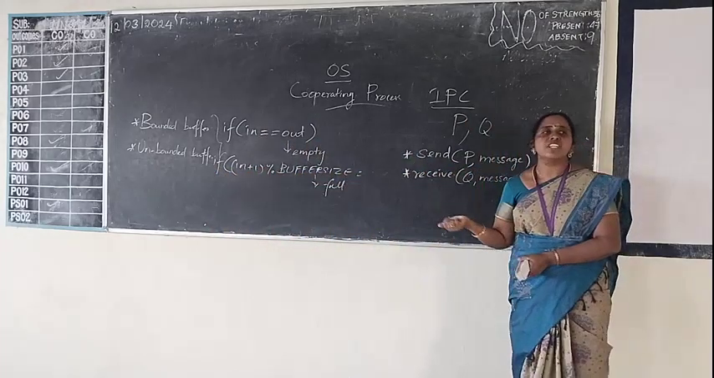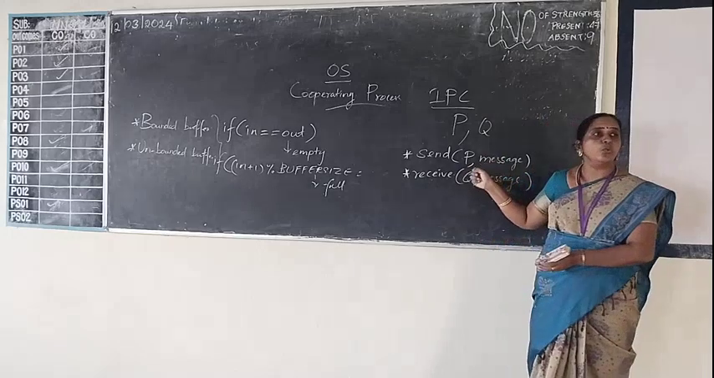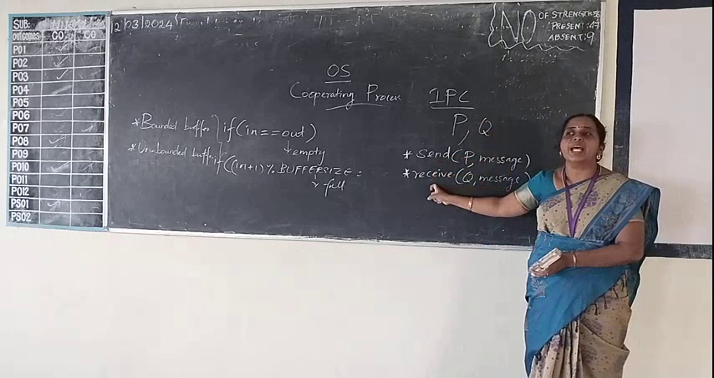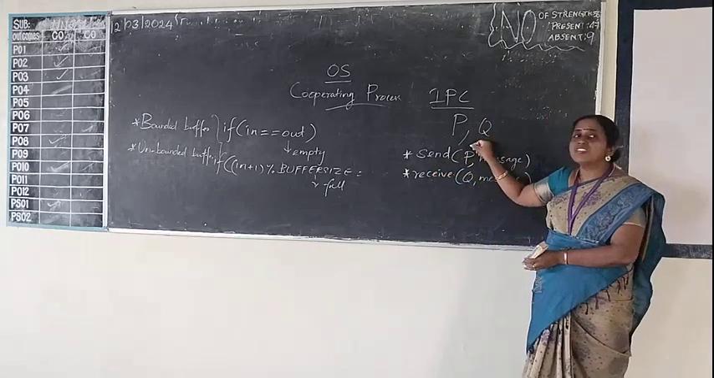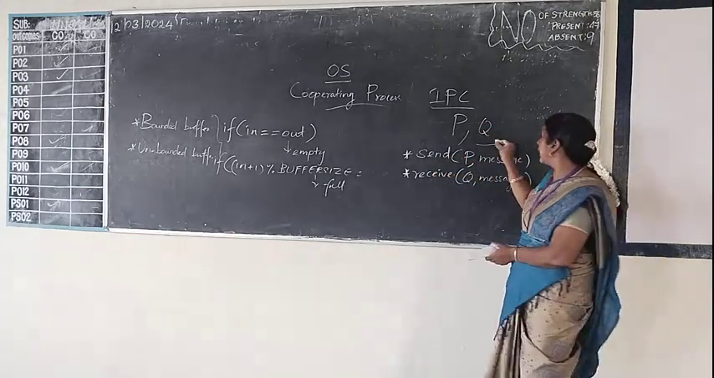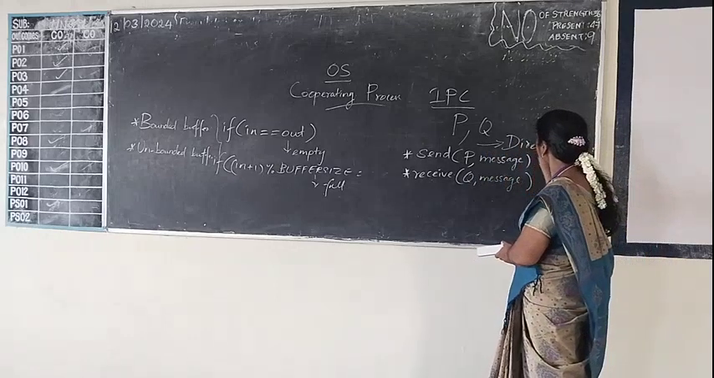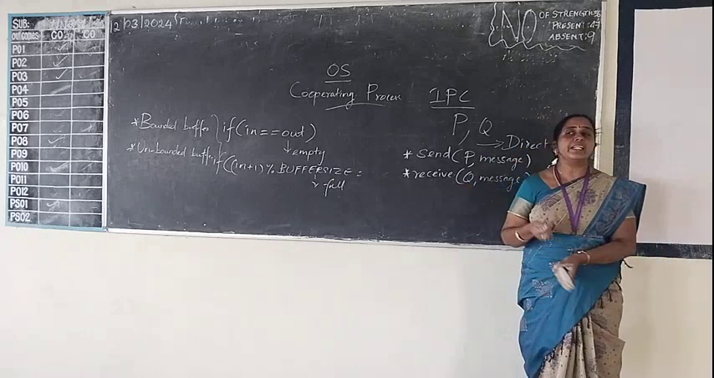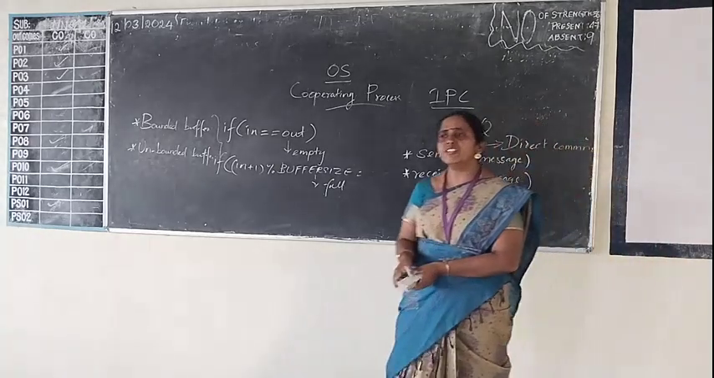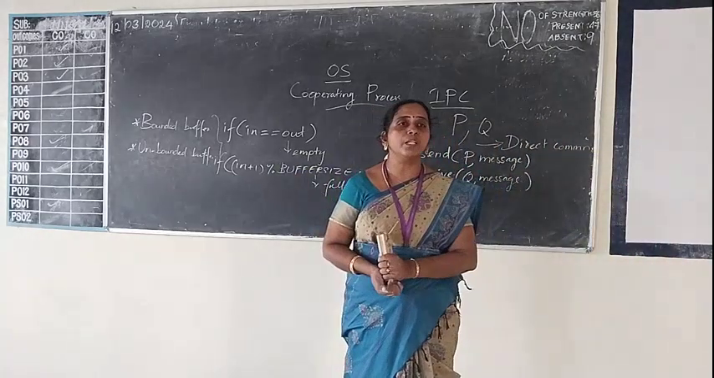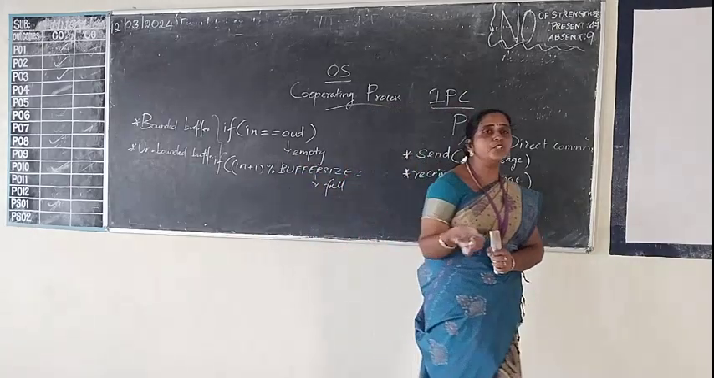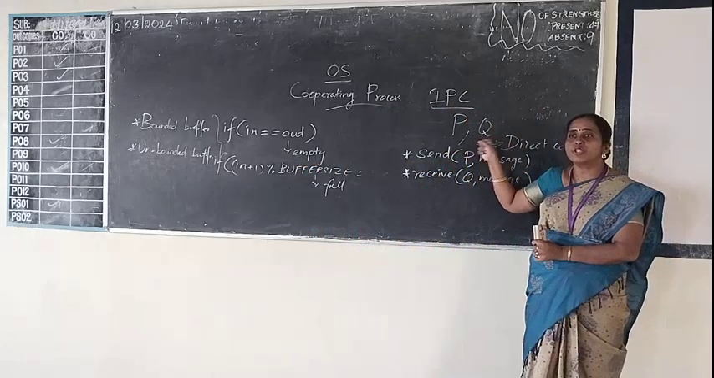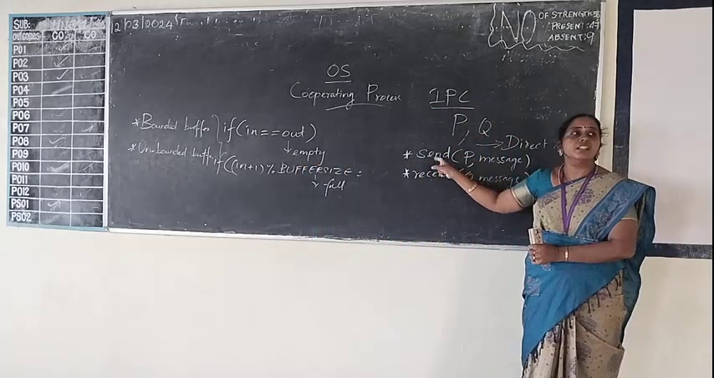For sending a message from one process to another process, these two primitives are used, and this is an example of direct communication. In direct communication, if one person wants to send a message to another person, they can send directly to the particular person. If process P wants to send a message to process Q, here this message is